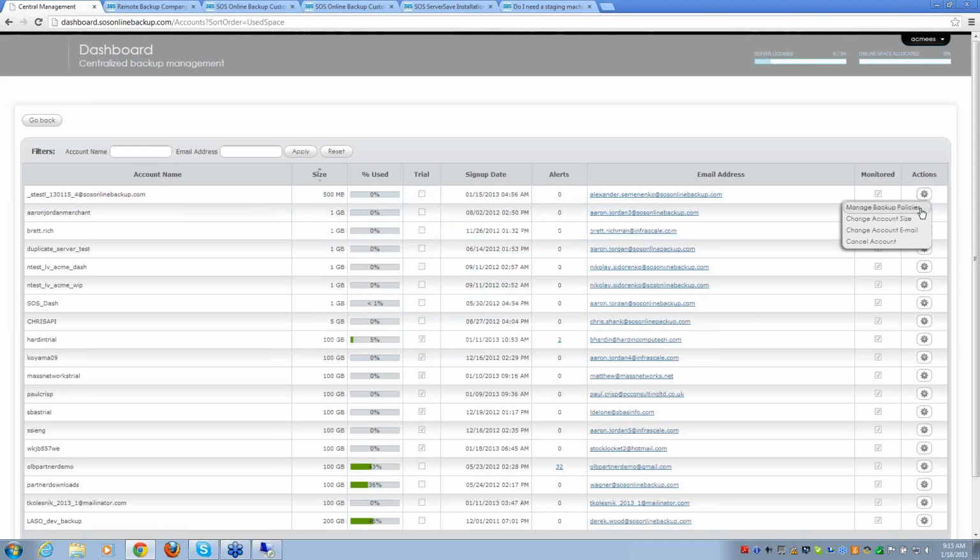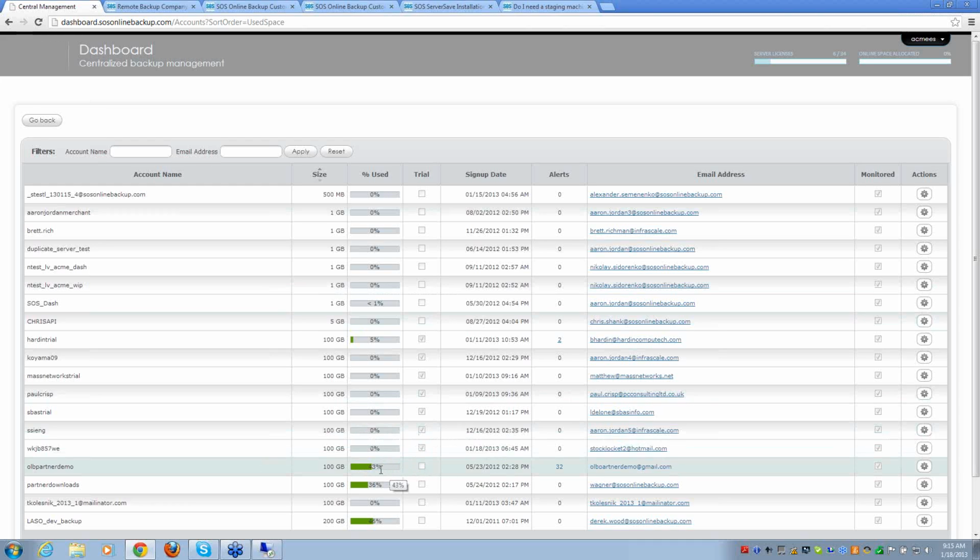And you hit apply, and that'll be good. You can also change the account size. So what we'll also be releasing is the ability to upgrade or downgrade an account. So some of you have been on for a while but waiting for downgrade. The rule for downgrade will be that you cannot downgrade an account to less than its used space, rounded to the nearest 10 gigabytes. So this being 100 gigs, 43% used, you wouldn't be able to put it to a 40